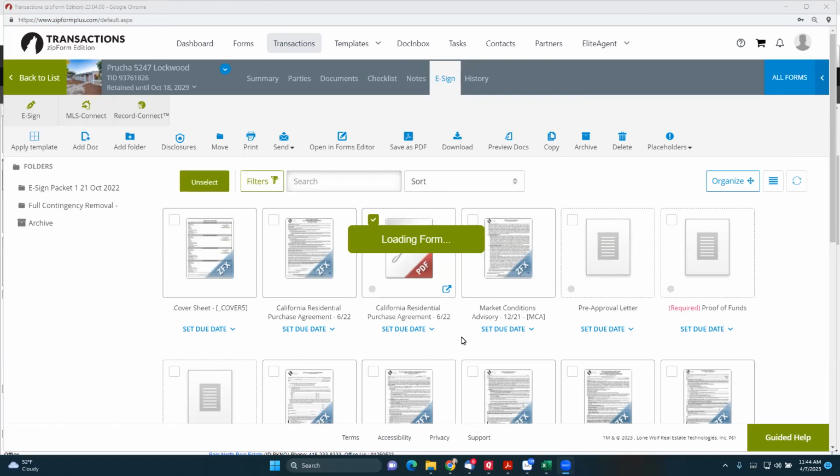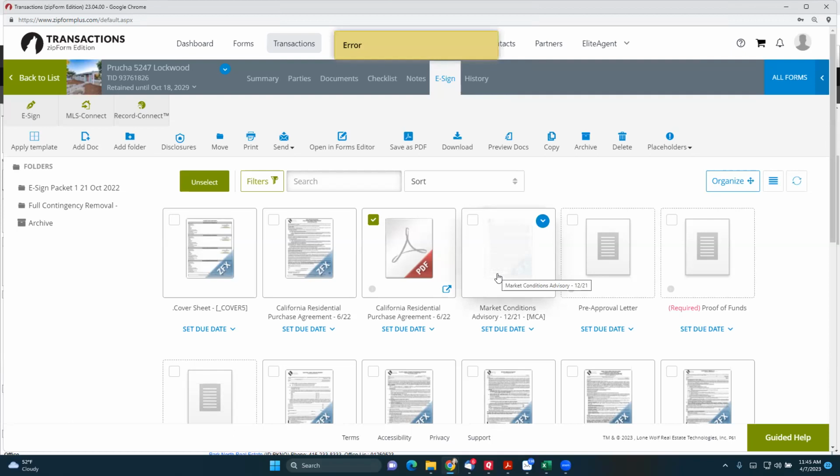I'm sorry, it's not working, but when you open up a document, it's going to give you 2 options. It gives you the old forms editor and the new forms editor. If you go in the new forms editor, it seems to work better with the signing program. Over on the right-hand side, it gives you a choice. One of the things you can do is the parties. You actually want to assign the parties there, and do it for all of the documents you do. Okay, great. Yeah. Thank you.